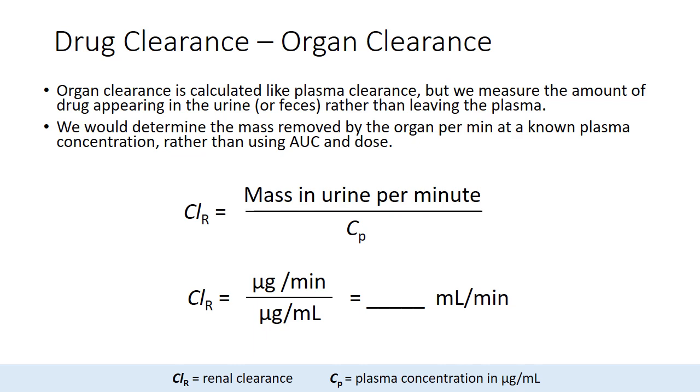What volume of plasma is being cleared per unit time by the kidney? Okay, it's not what volume of urine is being cleared. It's how much plasma is being cleared per unit time. And that's actually hard to calculate,